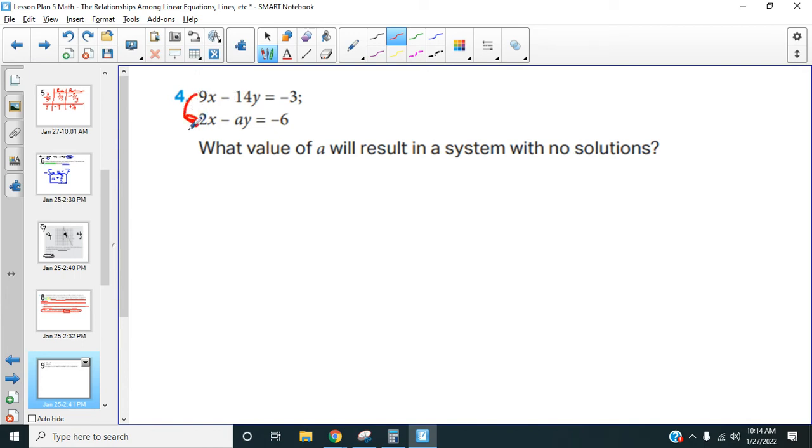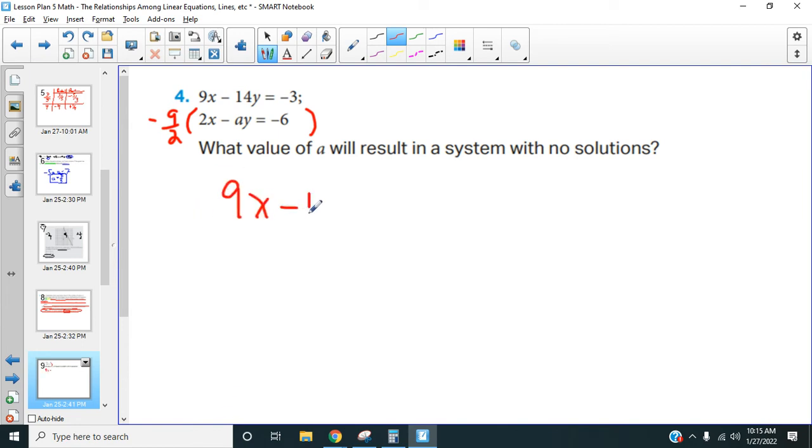Well, if you're using elimination, you're going to want the x's to disappear, right? So when we said we want the x's to disappear, we would multiply by something that would turn that 2 into a 9. What do you have to multiply by? 4.5. Now, I'm going to use fractions, okay? You're not going to like it, but it'll be better off in the long run. Ugh, right? 4.5, isn't 9 over 2 the same thing? Yeah. All right, so when I do this and I distribute through there,